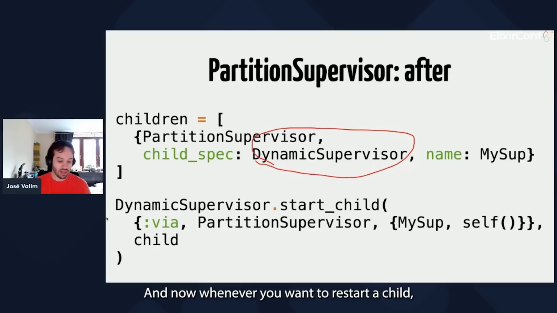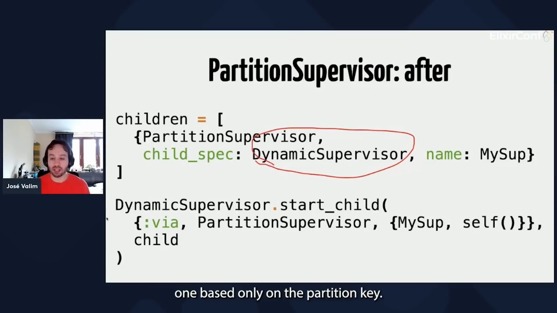And now, whenever you want to start a child, instead of saying, I want to start it in this dynamic supervisor, you go to the partition supervisor, and the partition supervisor is going to pick a dynamic supervisor to start on. So it's basically partitioning, starting a bunch of dynamic supervisors, and you pick one